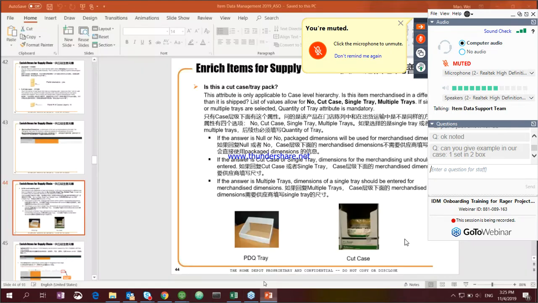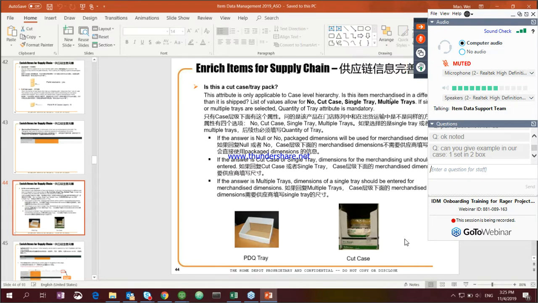Now, the merchandise dimension, as I said, if you are shipping any PDQ tray or cut case like this, you will need to put in the cut case or tray pack's dimension, because the cut case or the tray pack will be displayed in the store. But if you ship your item like in a box, just in your shipping carton box,